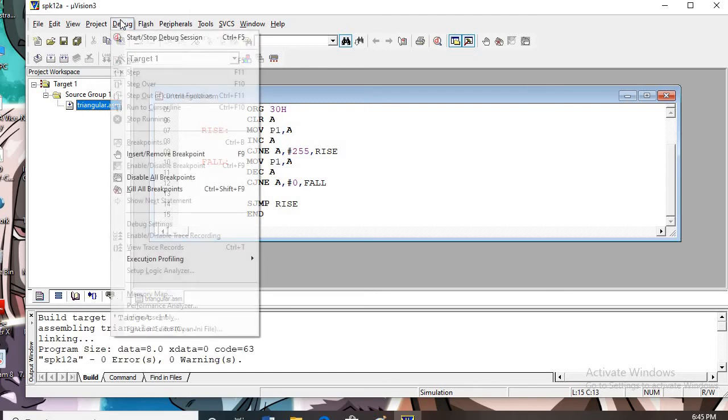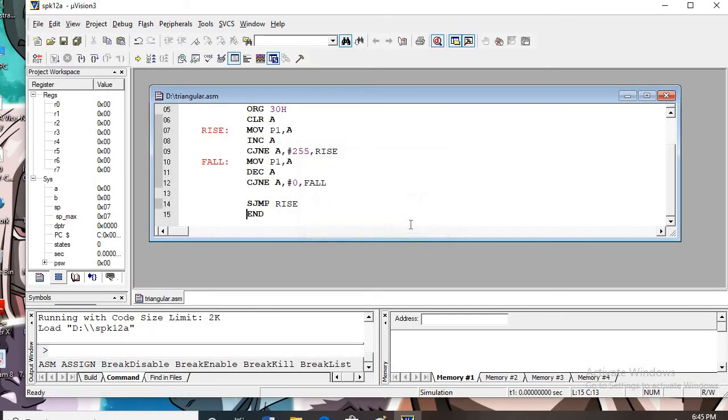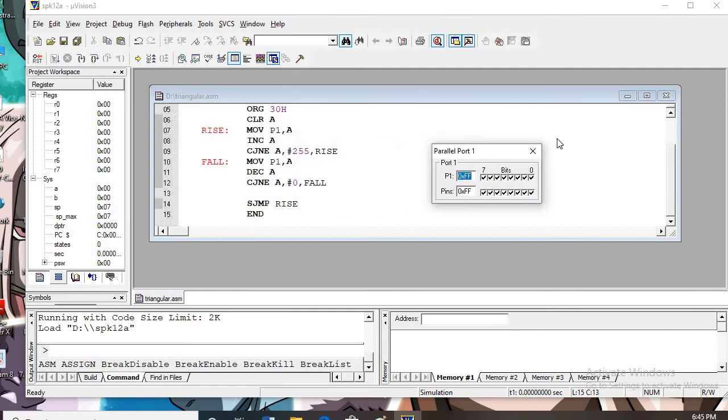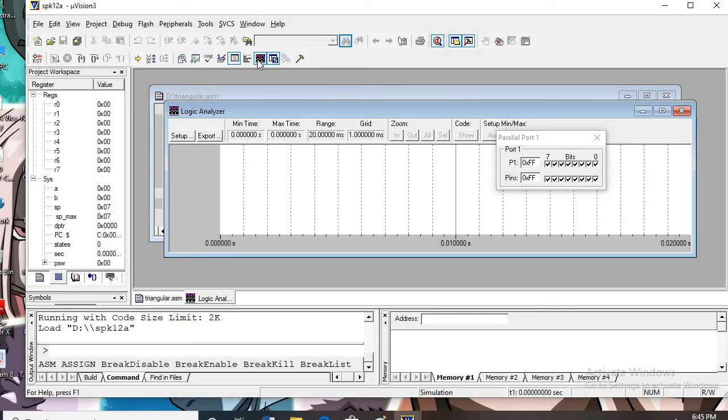Now start debugging: Debug, start stop session. This is okay. Now you can see on port P1 that it is continuously rising and falling, but I will keep that window, the active window, somewhere on this side so you can observe. And using the logic analyzer, this is a simulation tool, which is helpful for observing the waveforms.